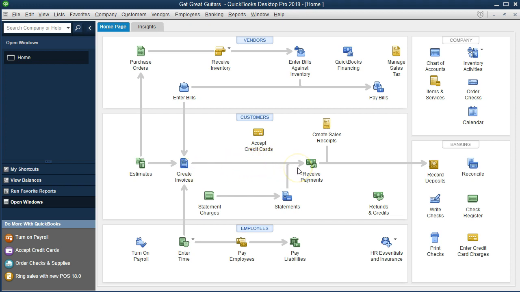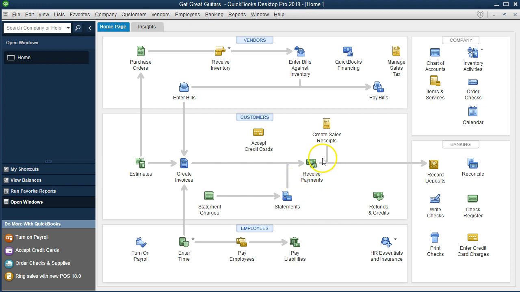Now we're going to receive payment. If we think about financial accounting, that's usually the two things that we end up doing. We increase the receivable, record sales, then we receive payment on it, and usually increase the checking account and decrease the accounts receivable. However, here we're not going to put it